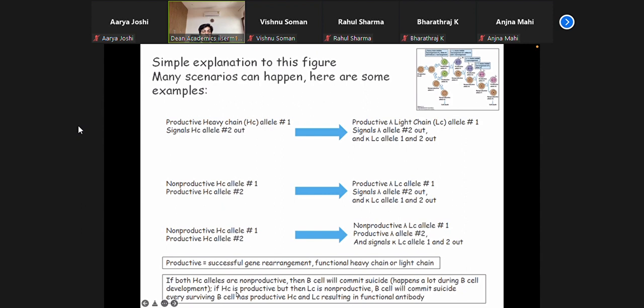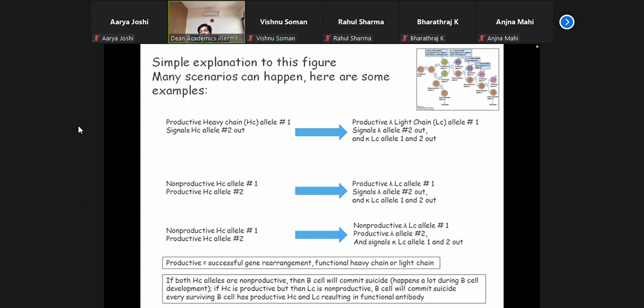And if heavy chain rearrangement is productive, but then light chain is non-productive, again, same outcome, the cell has to die. Okay. So now you kind of know that you exhaust all these options in a sequential manner to make it possible that your cells are able to rearrange a productive process wherein you can actually have a rearranged DNA for heavy and light chain, and eventually,